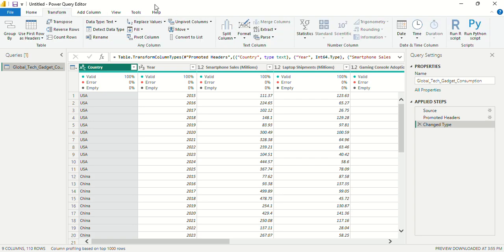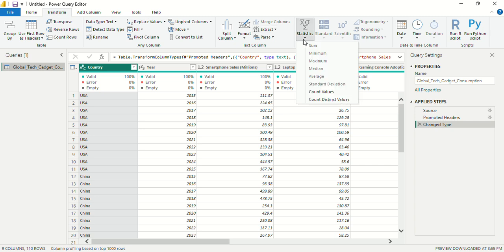And there are some options in the transform column. If you want to transform your columns, like detect data type, fill up or down, replace values, unpivot columns, split columns. And if you want formatting, like this column always looking in lowercase or uppercase like that. If you want to extract something specific from your characters, like length, or the first character, you can use this column.